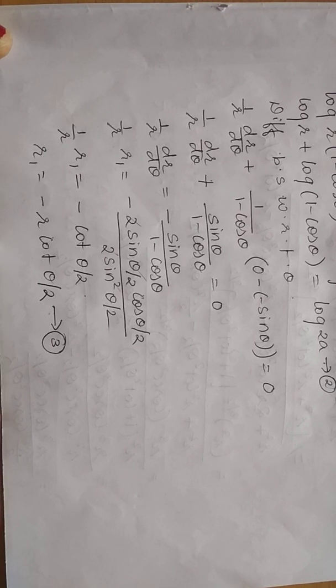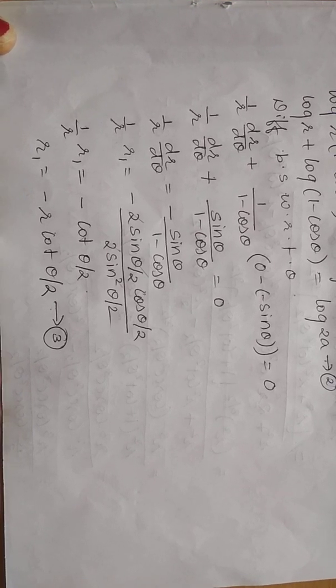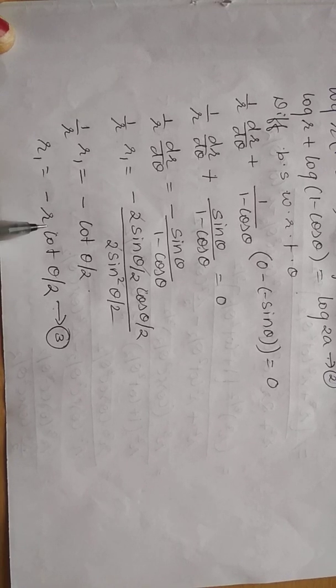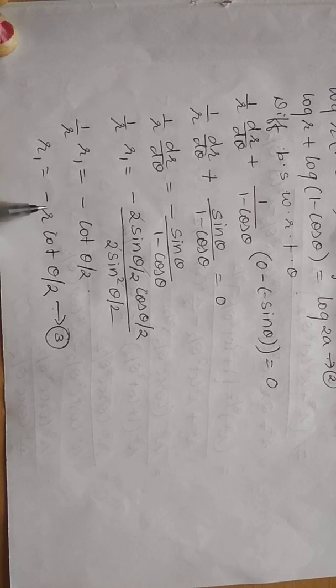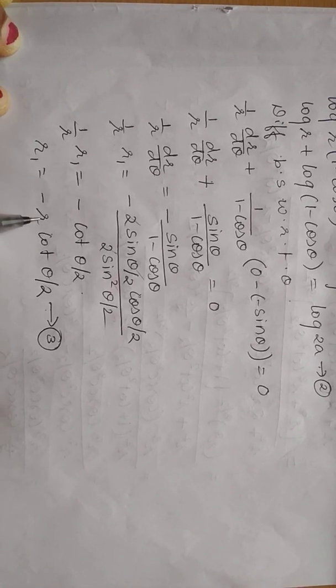After getting r1, what are we required to find? We are required to find r2. So what I have to do is differentiate this equation on both sides with respect to theta. What is the derivative of r1? It will be r2. r is a function of theta, cot is a function of theta, and the sign between them is into. So keep the minus sign aside and apply the u into v rule. u, that is r, as it is. The derivative of cot theta by 2 is cosec square theta by 2 with the negative sign. And the derivative of theta by 2 is 1 by 2. Then keep cot theta by 2 as it is, and the derivative of r.